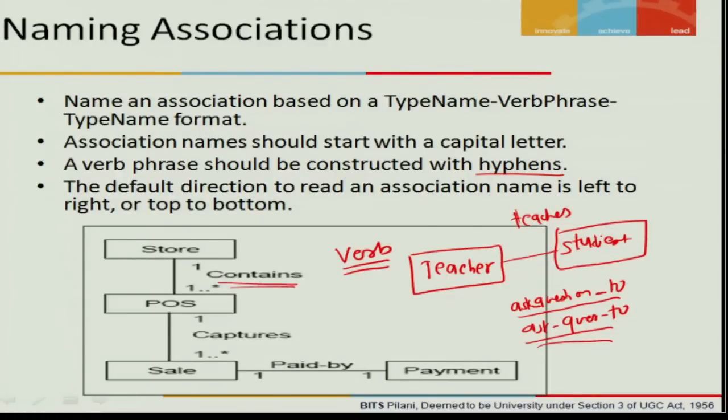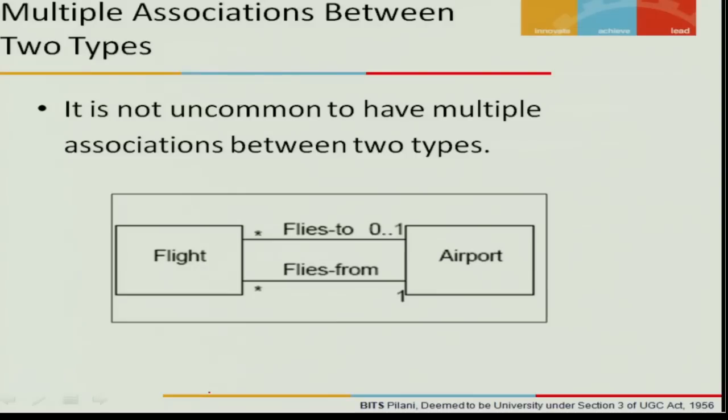So it is easy to identify an association, and as we said, whether it is left to right or right to left, it is always bidirectional. Only the label of the association will change, but the relationship will always be bidirectional. Now one question may come to your mind: can we have multiple relationships between two domain concepts? Is it possible that we don't have a relationship at all between two concepts? Yes, definitely it is possible. We may not have any relationship between two domain concepts at all. Let us take some examples.